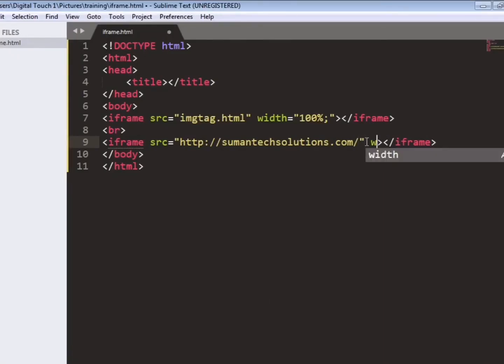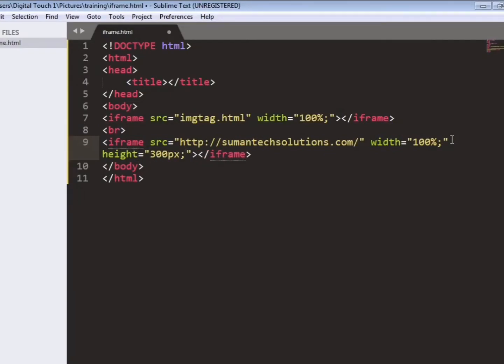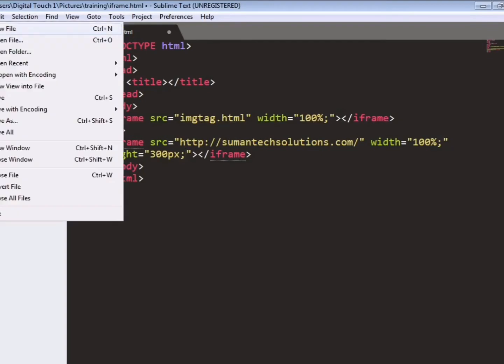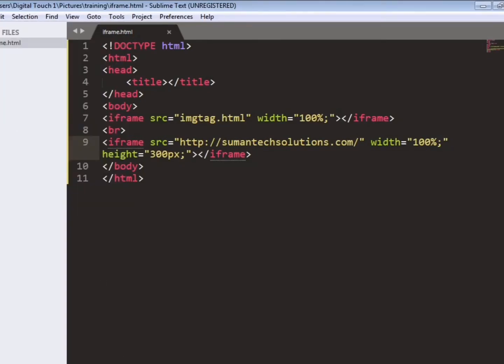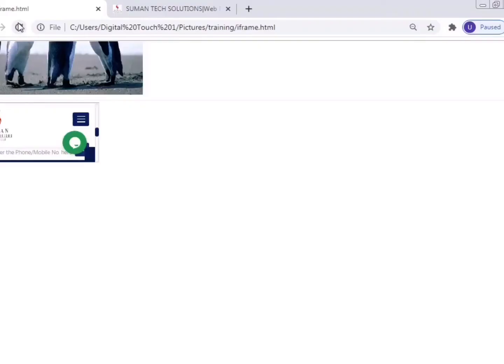And you can see the website after scrolling. In this way we can specify the width, that is 100%, and height also.